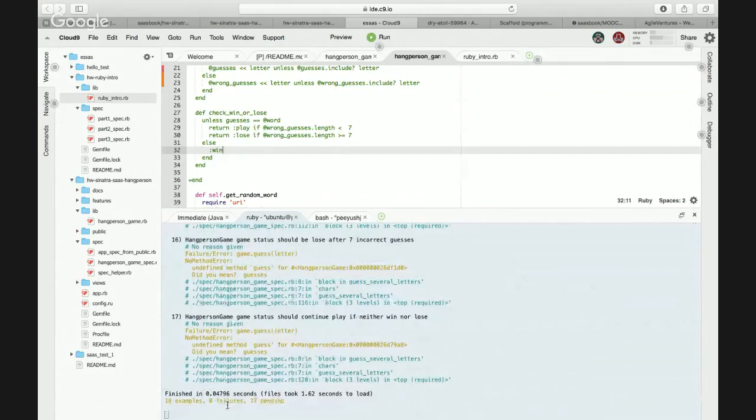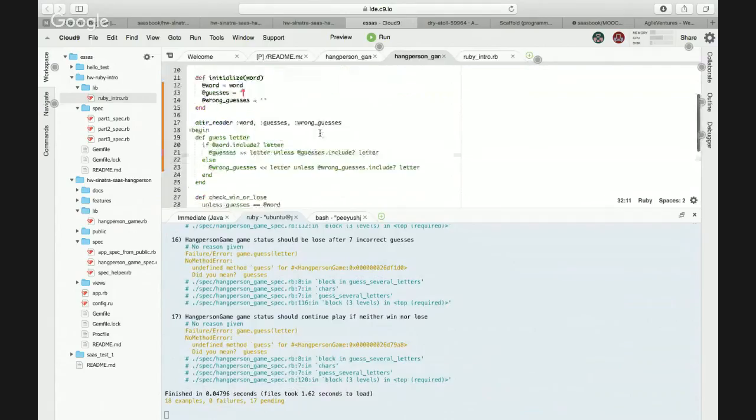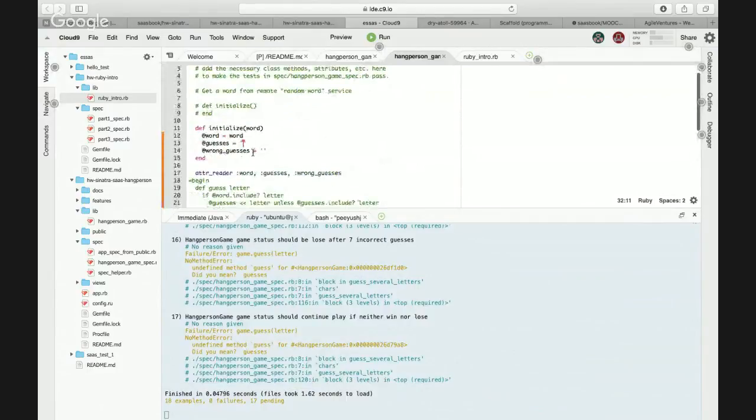I see. There are 18 examples, 0 failures, 17 pending. Okay, so this is the only part, right? The initialization wherein we have initialized the constructors with word, guesses, and wrong guesses. Our spec doesn't say how many passed, I guess, right?